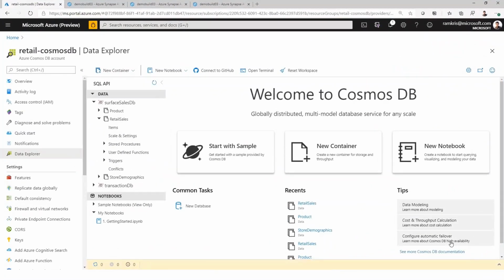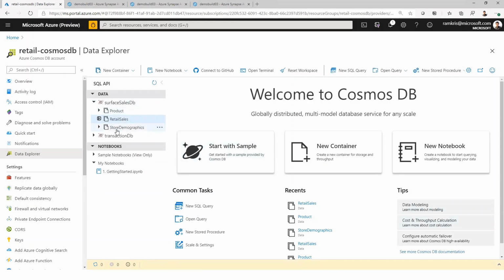So this is the Cosmos DB Data Explorer, which I'm sure all of you must be super aware of. Now, typically, a supply chain management platform would involve a lot of data entities, and it would be much more complex. But for this demo, we're going to make it simpler and more scoped. So here you can see that I have a few different Cosmos DB containers. A product container, which stores data about the product SKUs, a retail sales container, which is more of the fact data, which is the real-time sales data coming in,